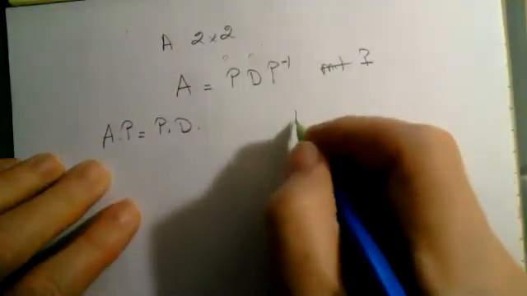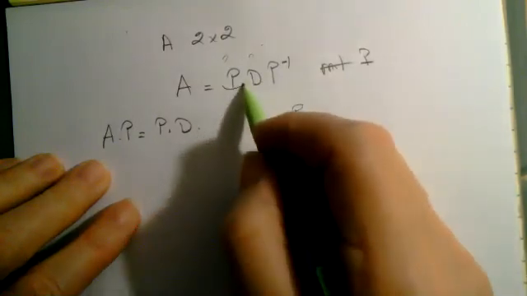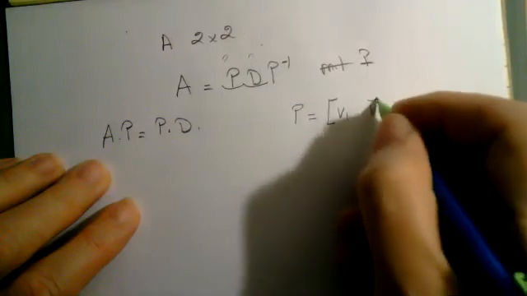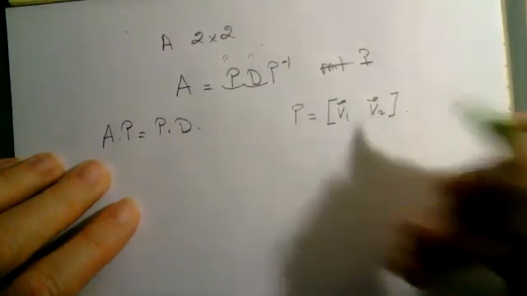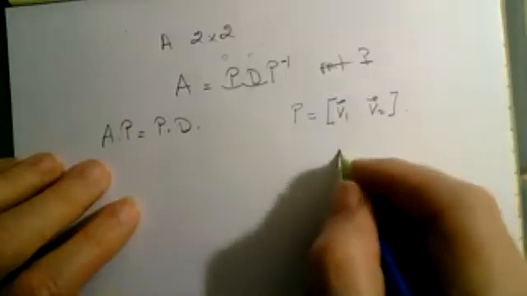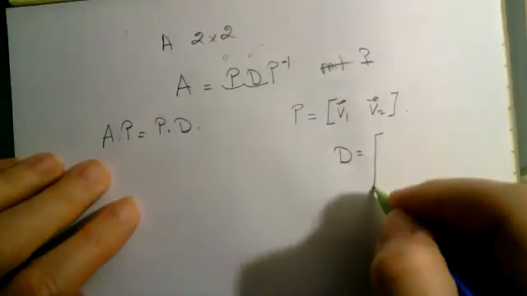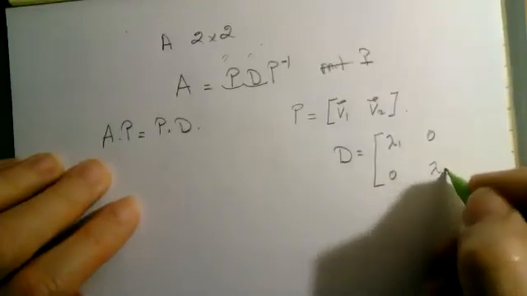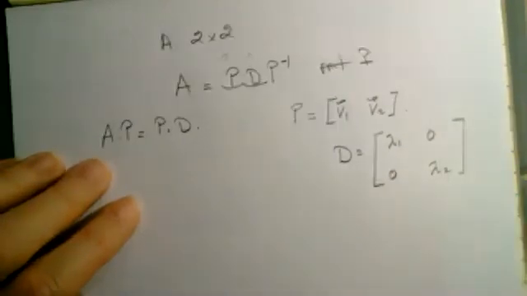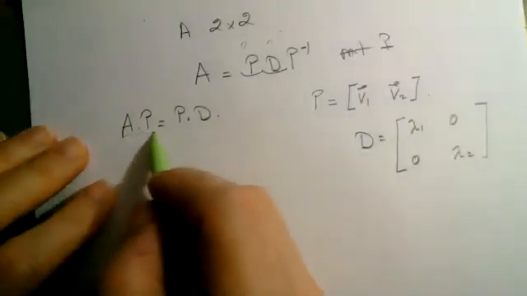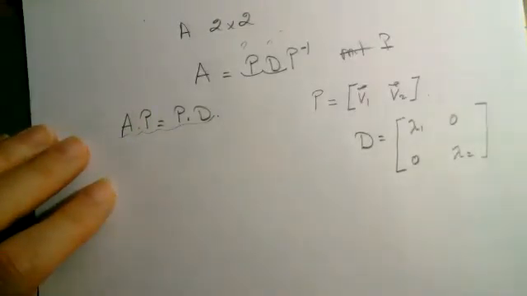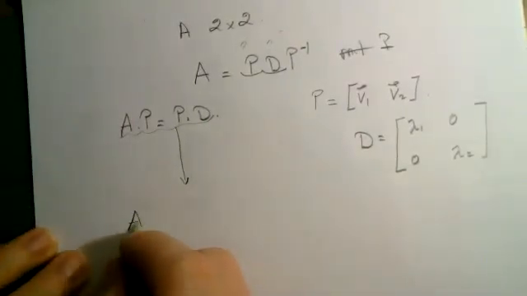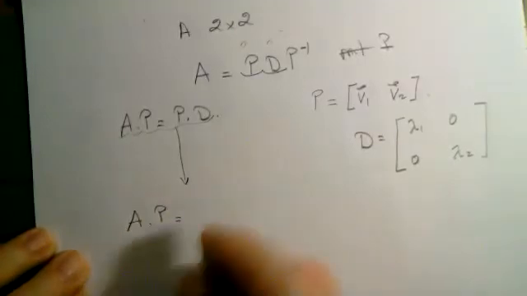So assume, since everything is a 2 by 2, this is 2 by 2, 2 by 2. So let me write P as V1, V2, because it's a 2 by 2. D, I don't know what it is, but it's a diagonal. So I'm going to write it this way. That's my D. And I'm going to basically try to understand this condition. What is going on here? So I will multiply A times P. It means A